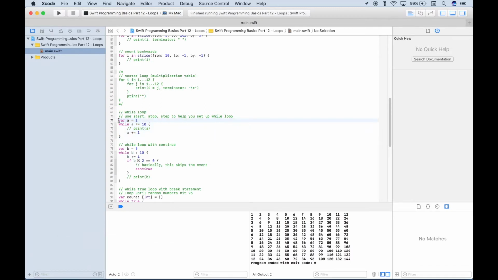Okay? So to create the start, we just create a variable and set it equal to 1. Then we use our reserved keyword while, and then it evaluates that start. So we say while a, and the a is what we created here, is less than or equal to 10. Okay, so this is our start, this is our stop, this print is what we wanted to do, along with